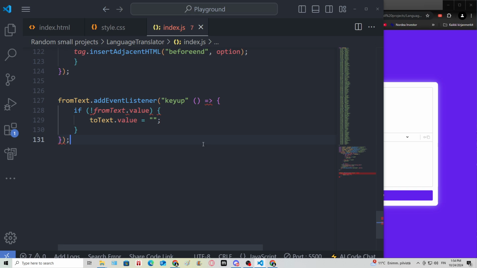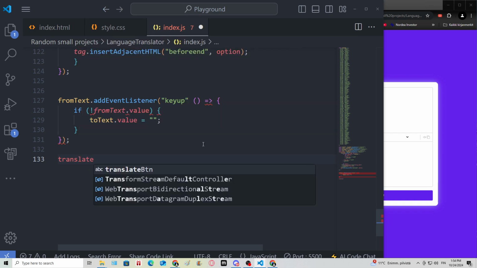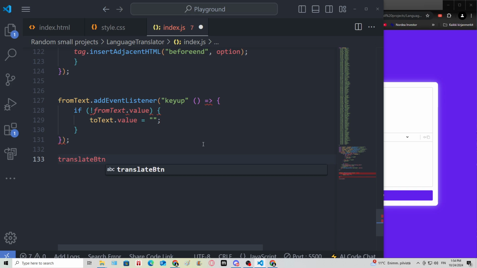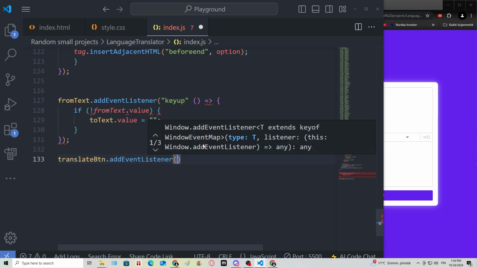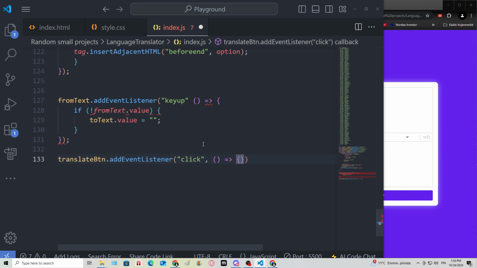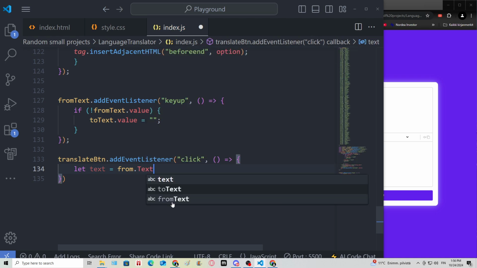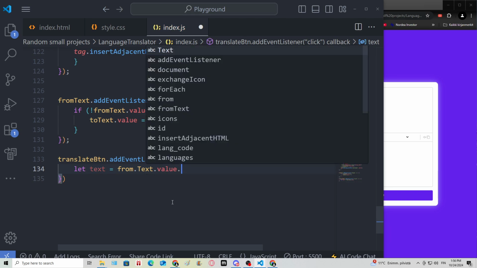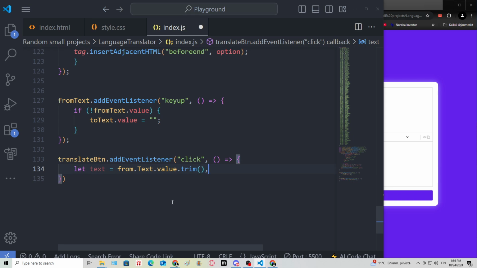Now I'm gonna take the translate button, add event listener for a click. Then we do this arrow function. So, by the way, the error that we are getting over here is because we don't have a comma. There we go. Yeah, now it's gone. Anyways, I'm gonna make, let's say, let text equals from text dot value dot trim, and then